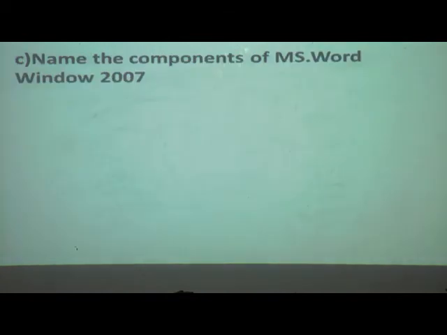Then third one, name the components of the MS Word window 2007. Tell me the names of the MS Word components.